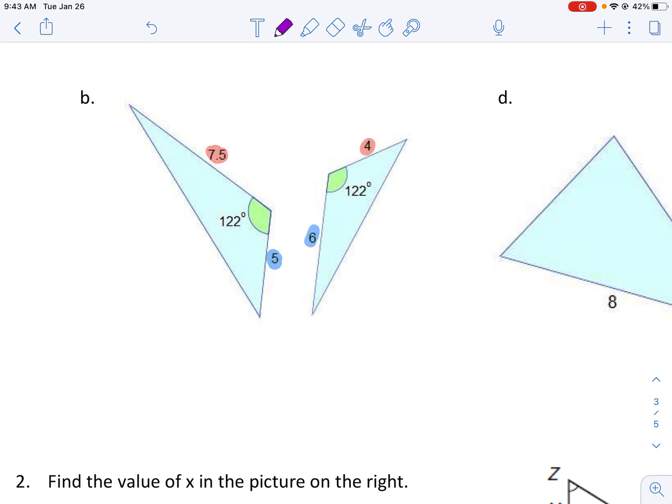Let's say we think these sides maybe correspond to each other. So we would do 7.5 over 4. Does that equal 5 over 6? Are those equal? We can figure those out and show that they are in fact not equal. So then we can try it the other way